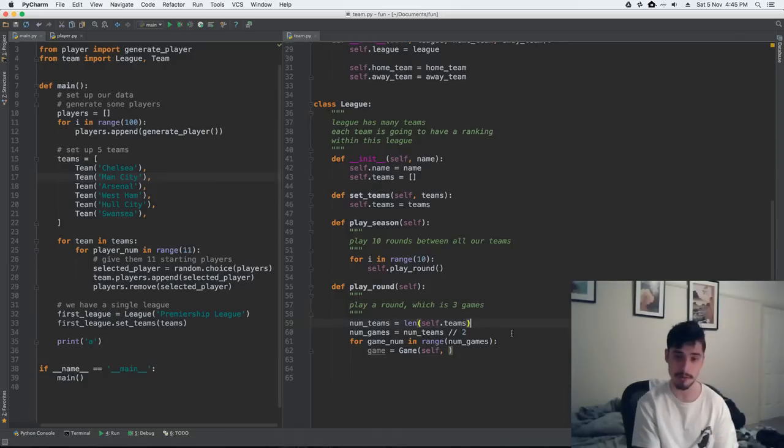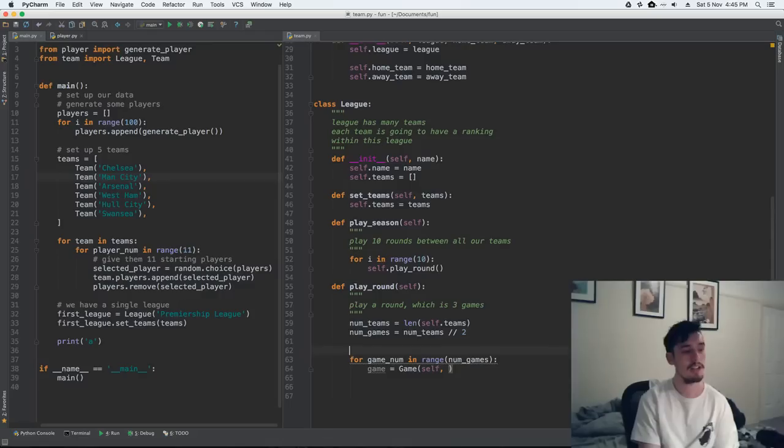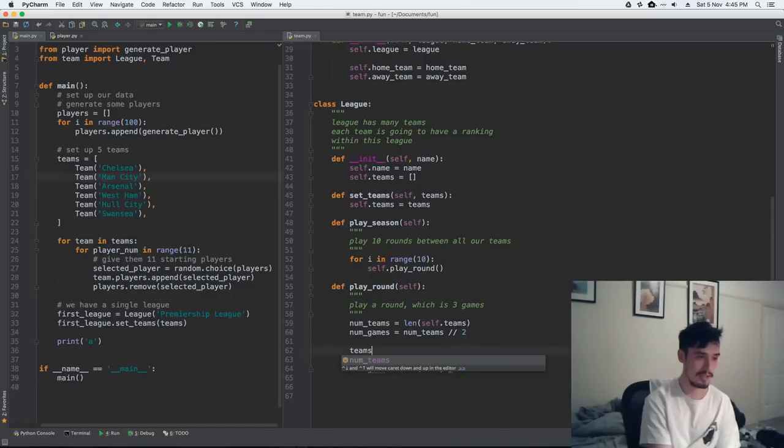So we're going to use random.choice because that's kind of how we get things done. So teams to play, self.teams, and then down here we're going to do home team equals,